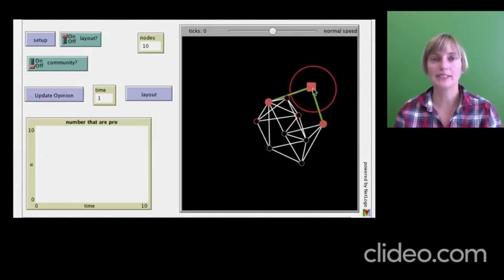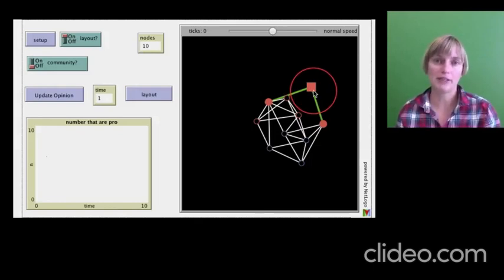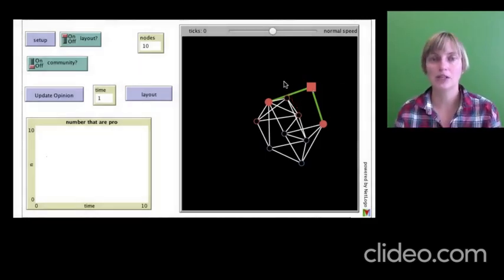And what happens is that each node looks at two of its neighbors, and in this case it's changed its opinion, it's turned into a square. And what it does is if a majority of its neighbors have, say, the red opinion, it will switch to red if it isn't red already. If it's equal numbers of red versus blue, it'll just flip a coin and it may switch or it may not. So I'd like you to do this repeatedly for the Erdos-Renyi and the two communities and see in which case